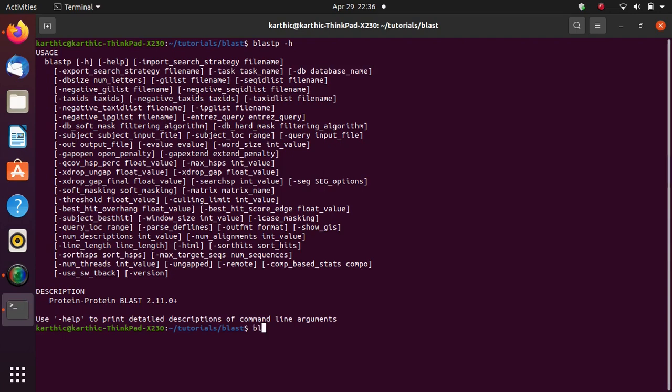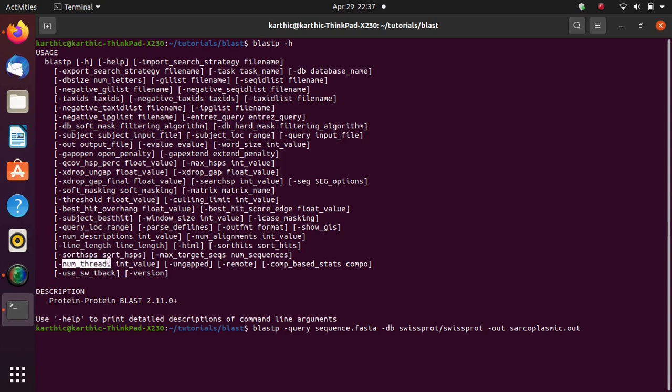The command goes like this: blastp, and then we need to mention our input file using the -query argument, and then we need to specify our database with -db and the database name, and finally the output file name with -out. I'll give it as sarcoplasmic.out. That's all we require right now.